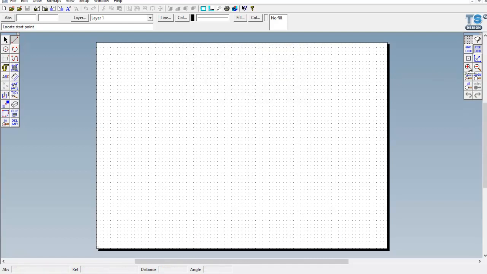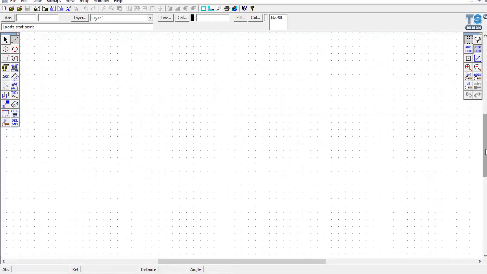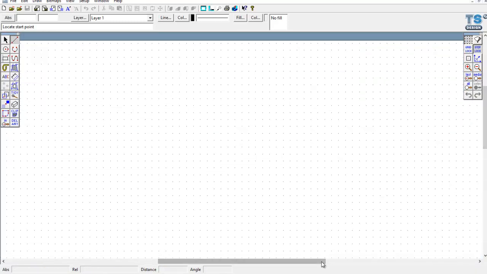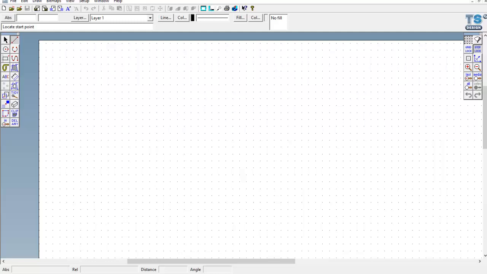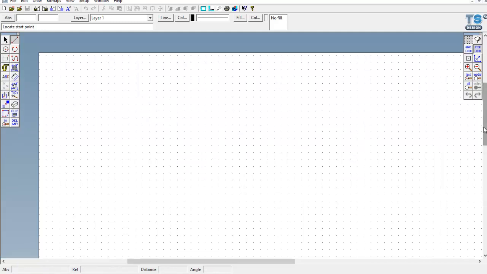Now I'm going to zoom in, just twice, 1, 2, and use the scroll bars at the side to take me to the top left hand corner. That's normally where we would start drawing, because on engineering drawings to British standards we usually start in the top left hand corner. Okay, so what's the first thing we need to do? Well, we need to draw a blank, which is going to be the size of the acrylic, which is going to be